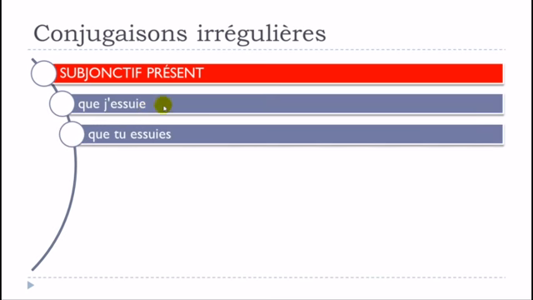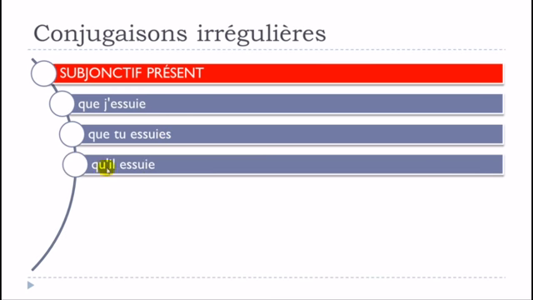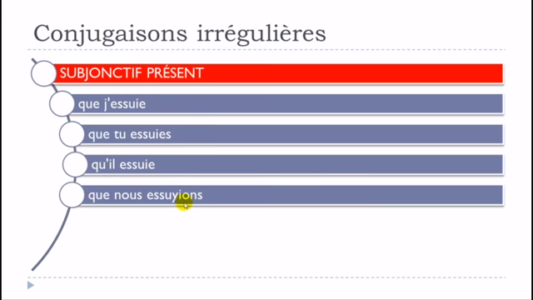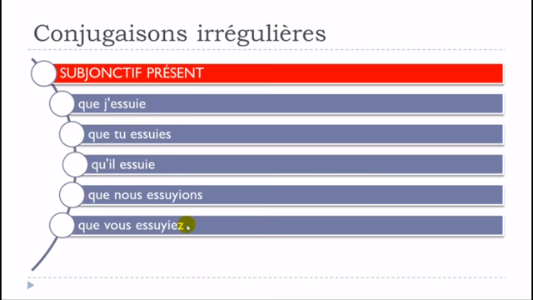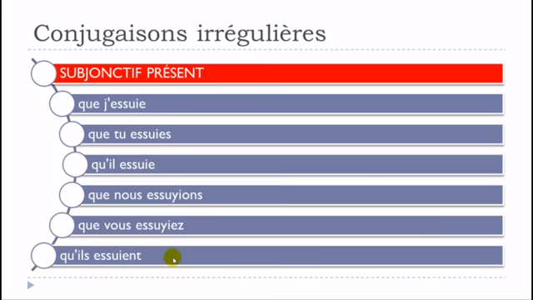Okay, and so finally, let's see le subjonctif présent. Que j'essuie, que tu essuies, qu'il essuie, que nous essuyions, que vous essuyiez, and then qu'ils essuient. Okay, and exactly as we had for the present form of the indicatif, the first one we saw, same thing here. So Y is changed and replaced by I for je, tu, and il, and same thing for ils in the plural form. So that's the only modification you need to do, okay? Endings are staying the same, and they don't change at all, okay?